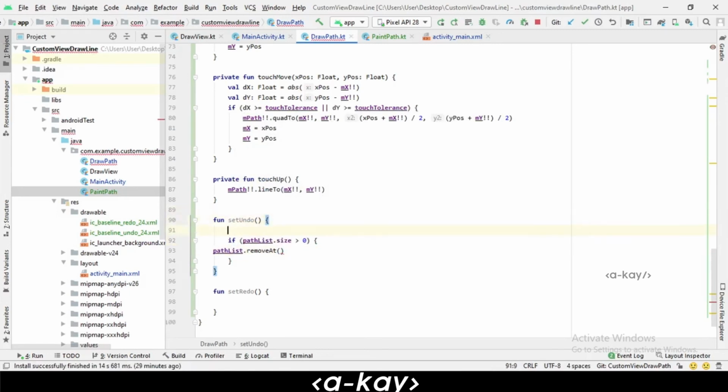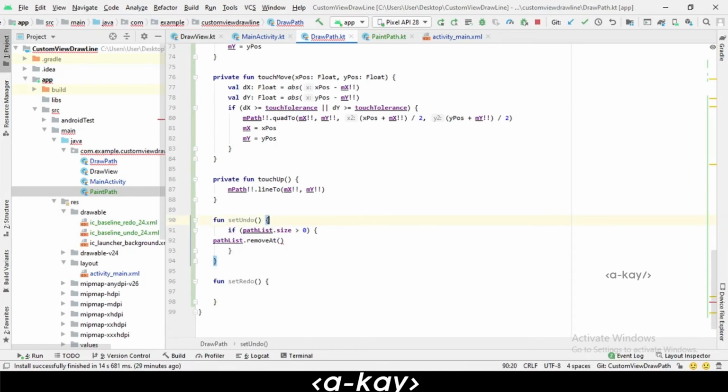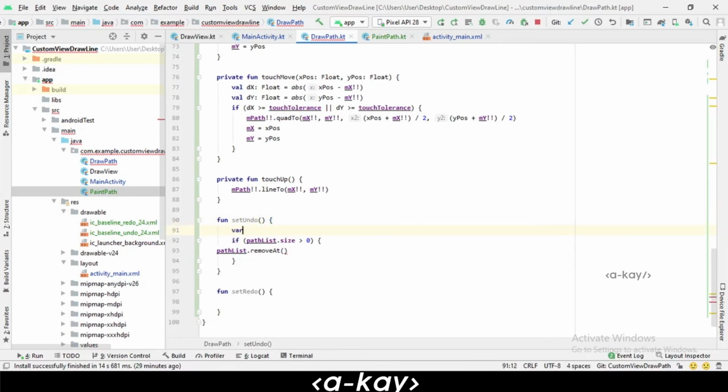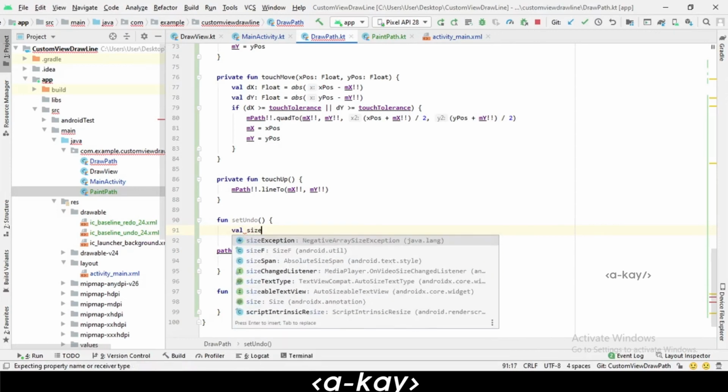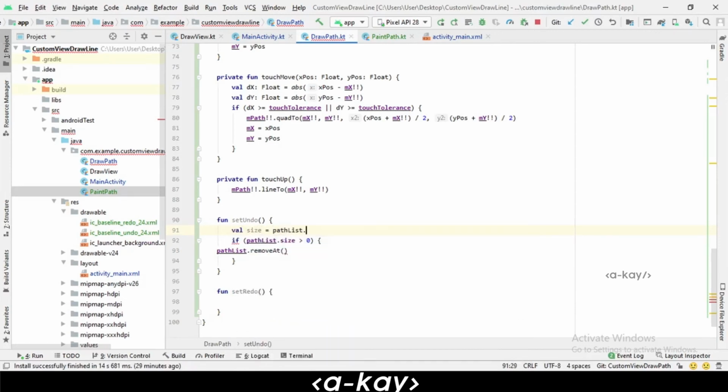We are making one variable for size, val size is equal to path list dot size. Remove what? Size minus 1.